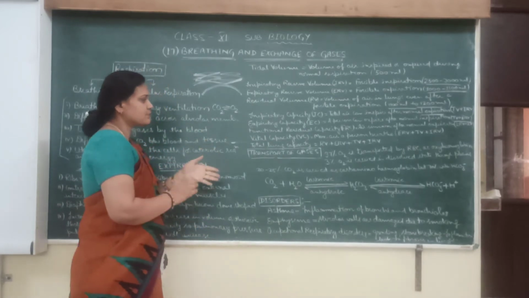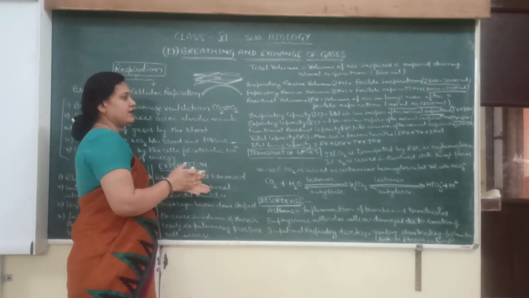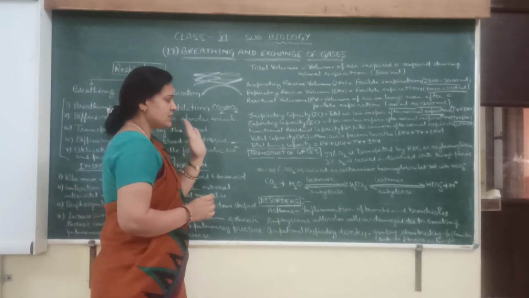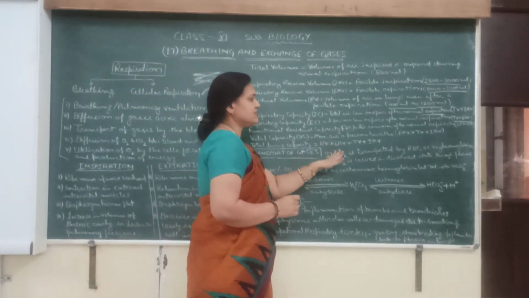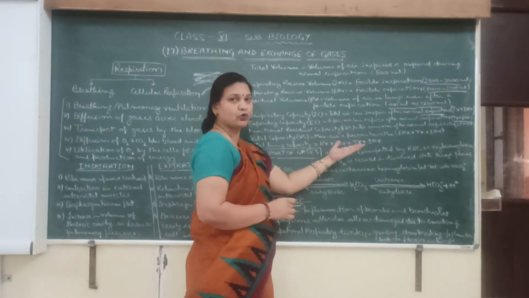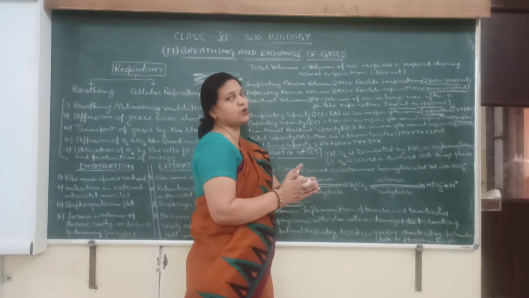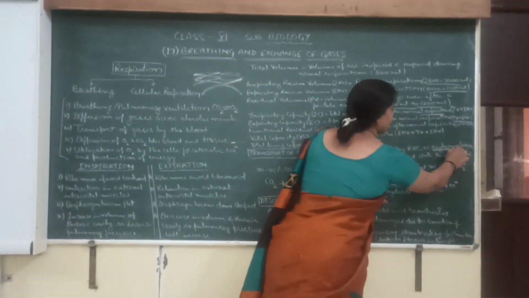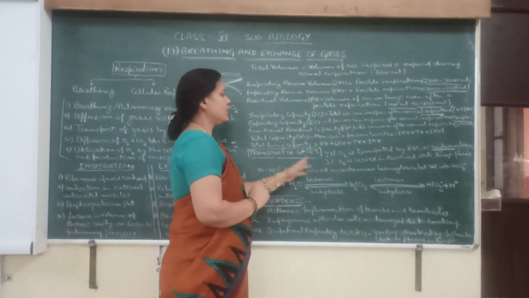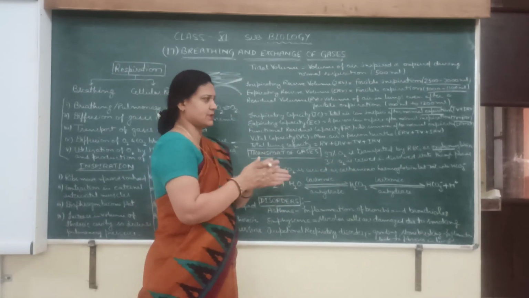Now we come to the transport of gases. How in our body the oxygen and carbon dioxide will be transported. So first we will discuss the oxygen. About 97% of oxygen is transported by the RBCs. Actually RBC contains hemoglobin, which is a respiratory pigment. Hemoglobin molecule binds the oxygen and forms oxyhemoglobin. In the form of oxyhemoglobin, 97% oxygen is transported and only 3% oxygen is carried through the plasma in